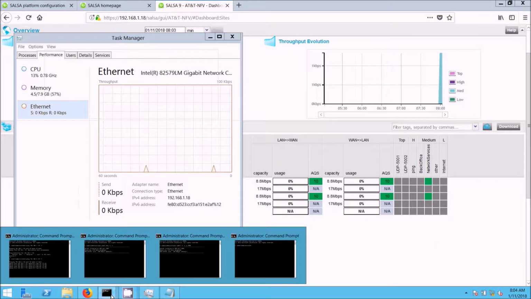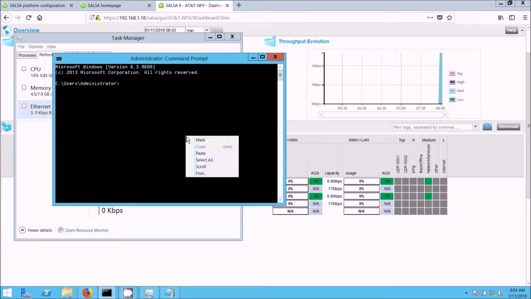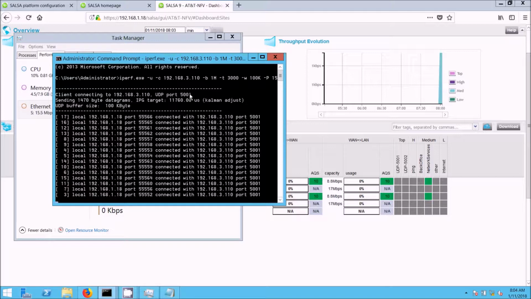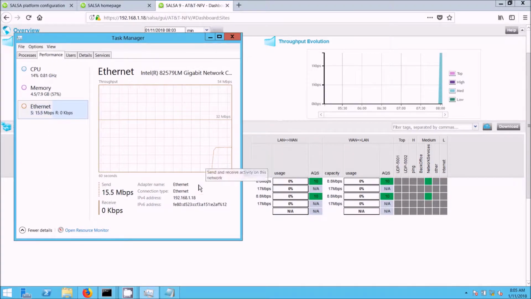So on the command line, enter. So here we have the 5001 port, 100k on socket, and a little more than 15 megs related with the 15 different sessions that I am sending on to the branch